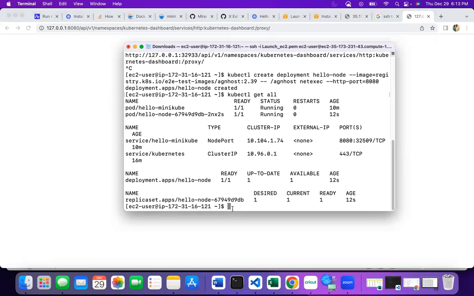When we are deploying, let's say after a couple of days, if we deploy a new pod, do we have to refresh? In our case, if it is an EC2 instance, in order to view the dashboard we have to go through the tunnel. But if it is a virtual machine, we can directly access it, right? So I think, okay, then I can just go ahead and